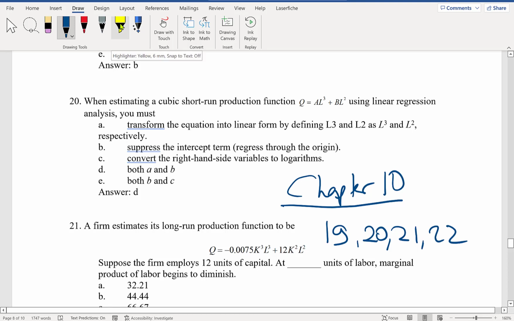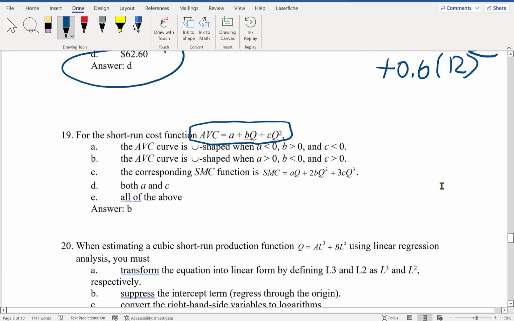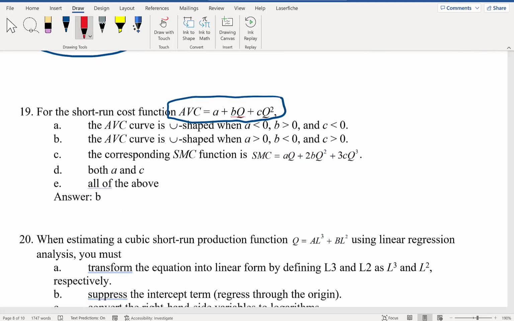Hello everyone, this is chapter 10. In this part, I am solving questions 19, 20, 21, and 22. Let's get started. So in question 19, it says for the short run cost function, AVC, average variable cost, A